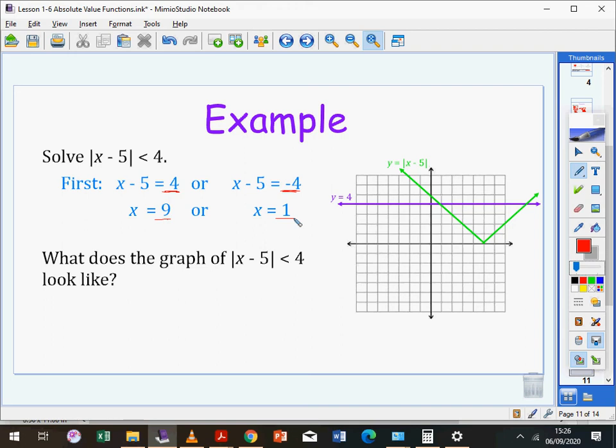If I were to graph x minus 5 minus 4, if I were to graph this f of x, these two values, x equals 9 and x equals 1, are the values of x where that function would cut the x-axis. But those two values by themselves do not tell me where the solution set of this inequality lies,